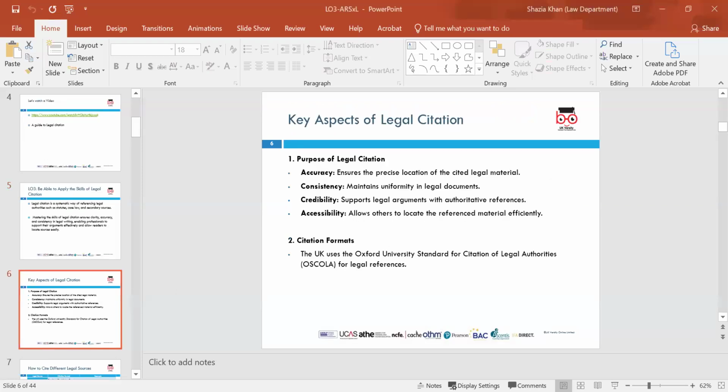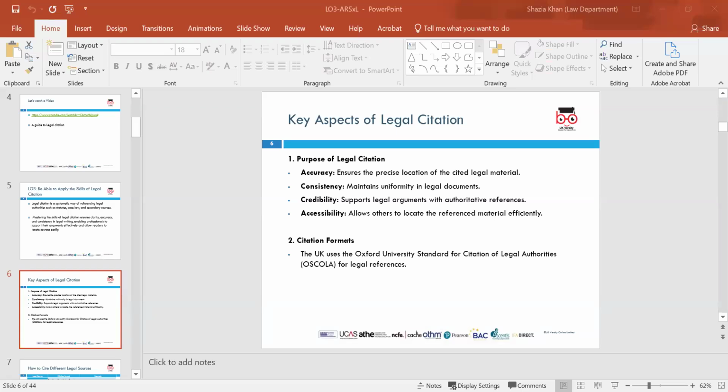Key aspects of legal citation. So the key aspects of legal citation include the case name, parties involved, the year, the court identifier, and the volume. The whole purpose of that is to have accuracy, to make sure that everything is accurate, ensures precise location, consistency, and maintains uniformity between any legal